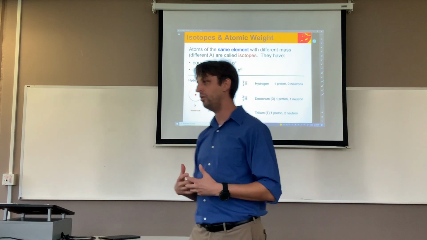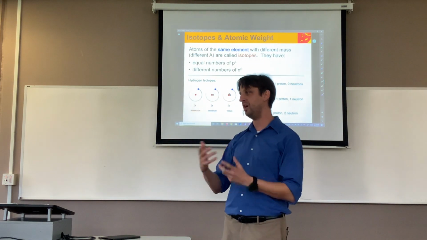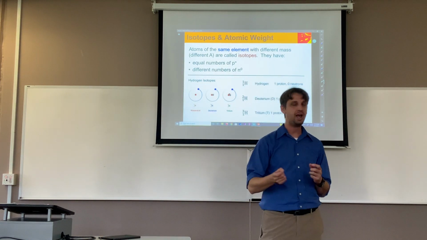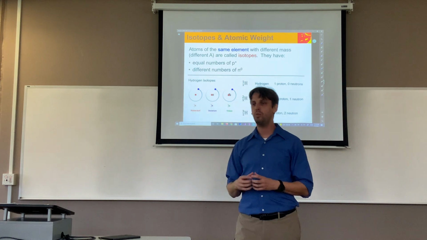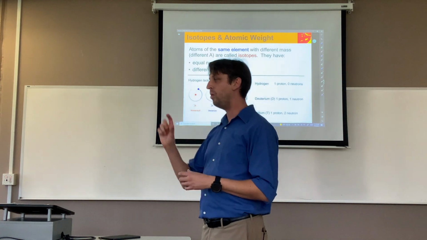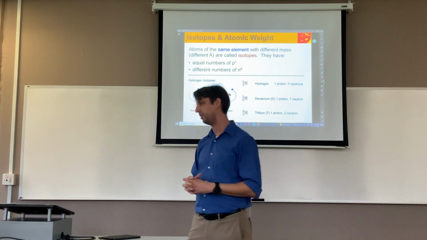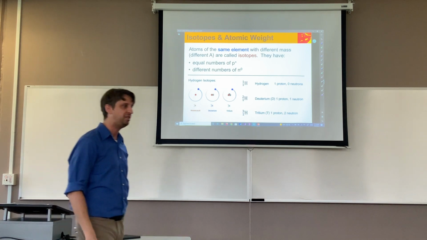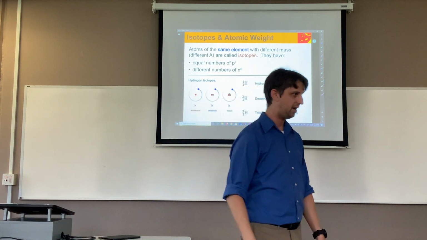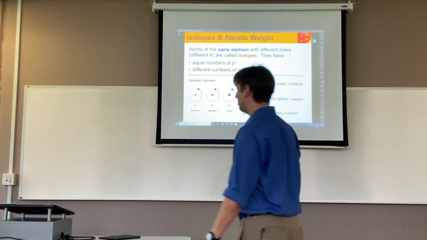Now remember, neutrons don't have a charge, but they do have a mass. So as I add or remove neutrons to make different isotopes, I'm changing the mass of that specific atom. So what we're going into is, what are the numbers on the periodic table, and what do we use them for? If you take a look at the periodic table at the bottom, you see a couple of numbers that have some decimal places. That's what we're going to start to figure out how to calculate and how to use. And we get those numbers because there are different isotopes.